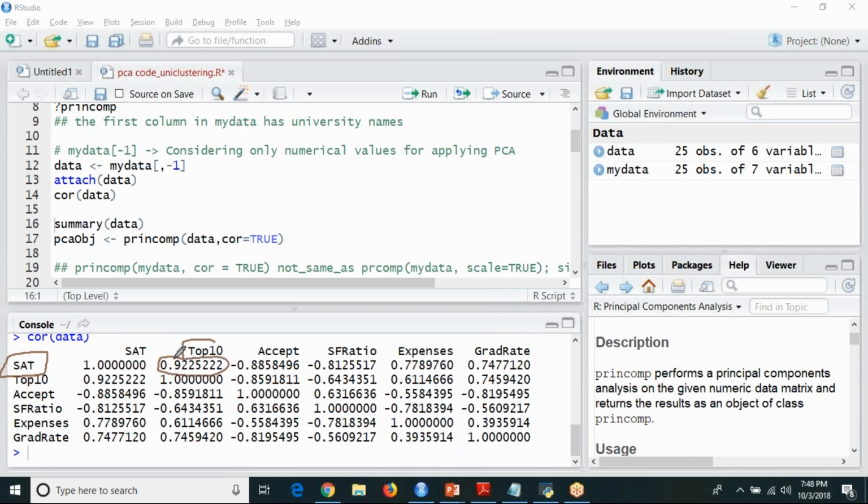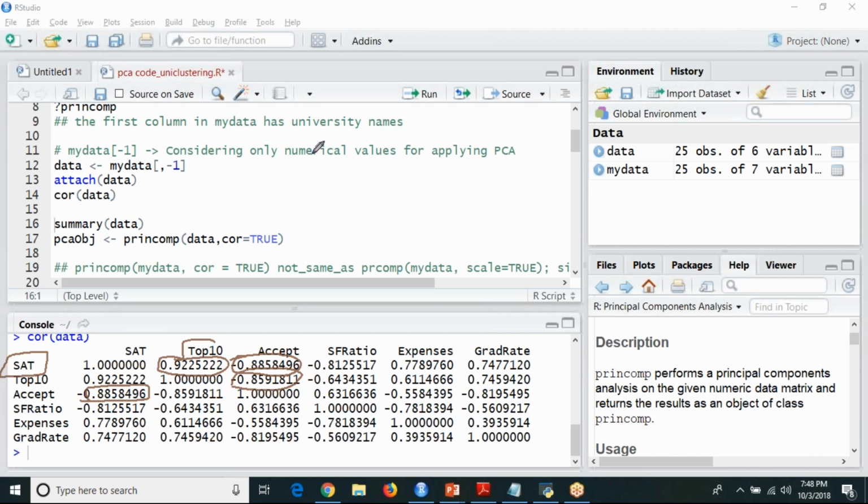See here, it is 0.92, and also acceptance ratio is minus 0.88. And anything else? Yes, between top 10 and acceptance ratio, it is minus 0.85. Acceptance ratio and SAT score, it is 0.88. So there is some correlation between your inputs.